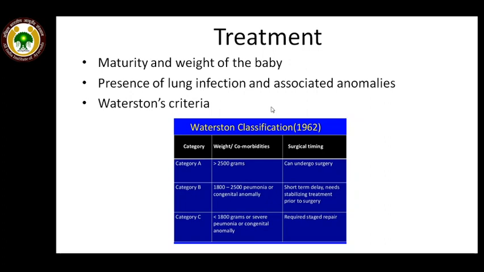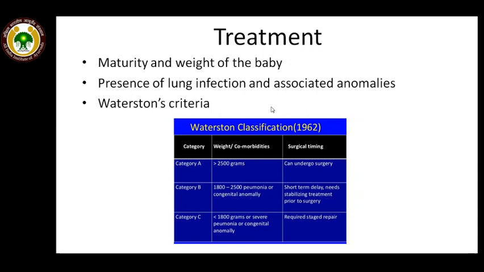There is a criteria known as Waterston's criteria as a guide for this treatment. This Waterston classification categorizes the TEF based on maturity and comorbidities into three types: category A, B, and C. If the neonate's weight is more than 2500 grams,